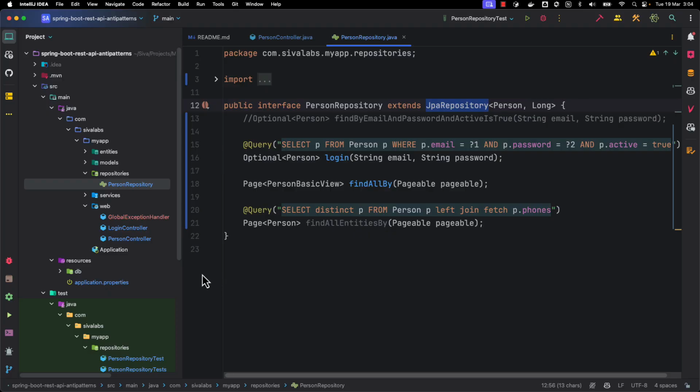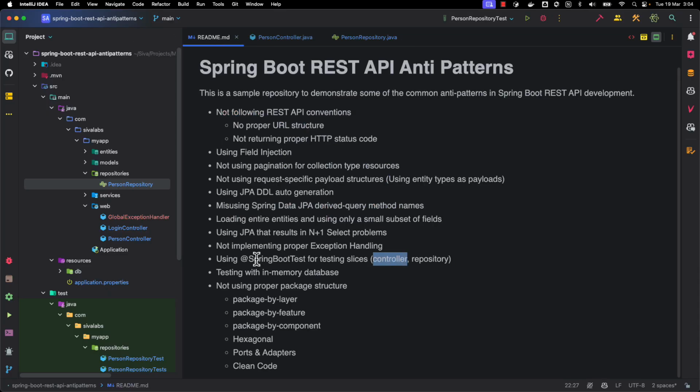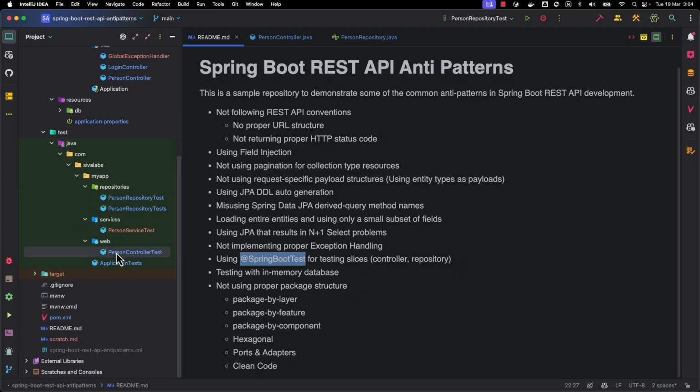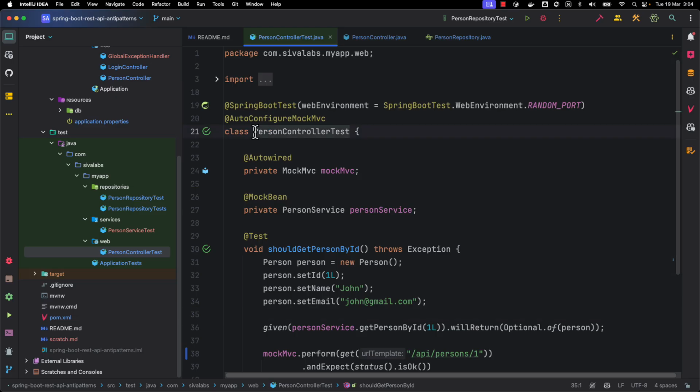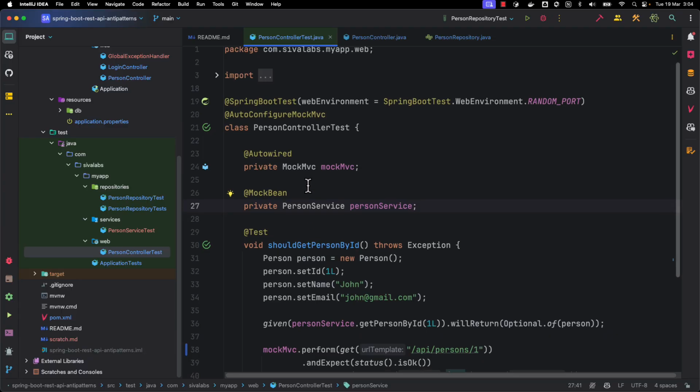And one of the common mistakes is that people use @SpringBootTest for all kinds of tests. For example, here I have a couple of tests. So here we have PersonControllerTest, which is using @SpringBootTest, and auto-configured MockMvc and injected MockMvc, and also we have mocked the entire PersonService. So what is happening? The intention could be we just want to unit test the controller, PersonController, but